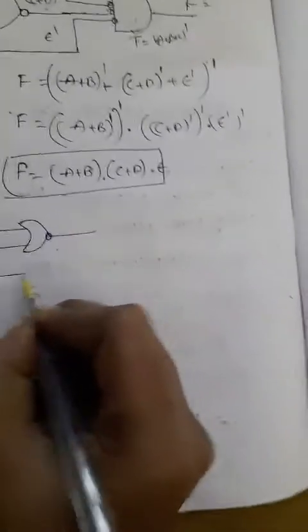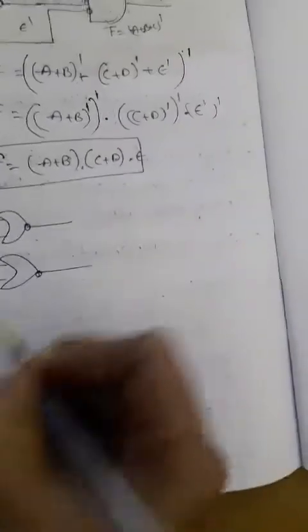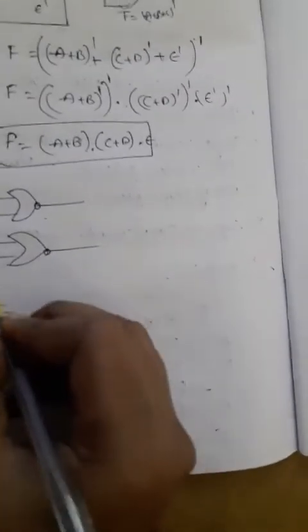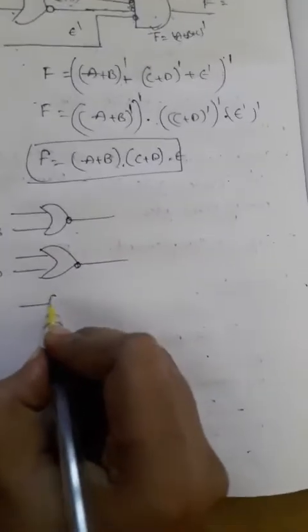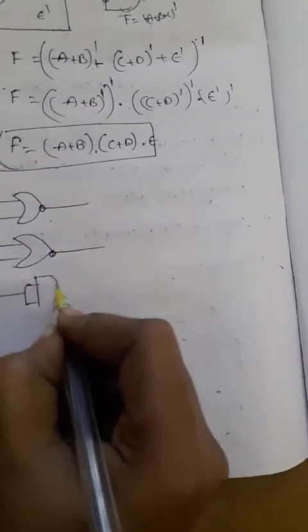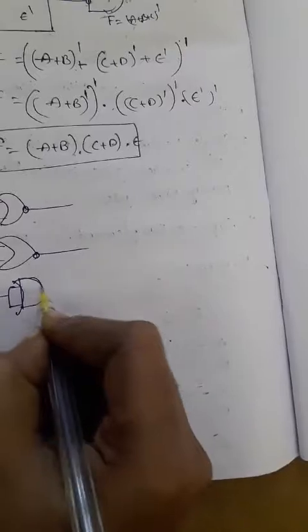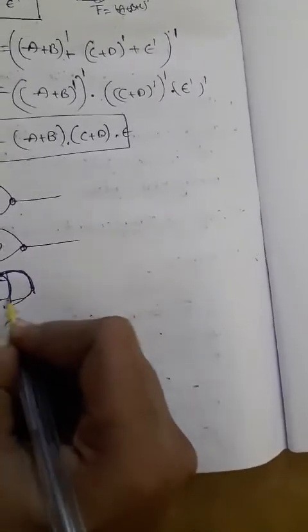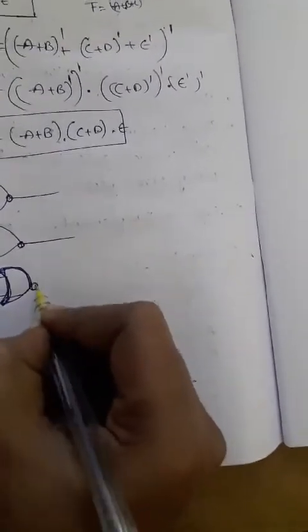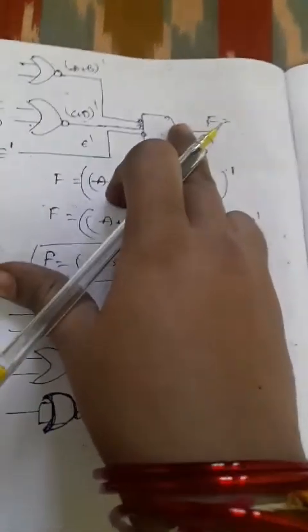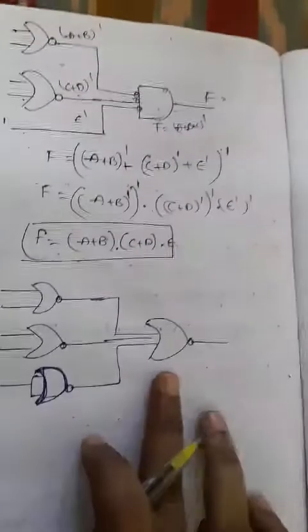So a, b, and this is c, d, and for this e I can take a single-variable NOR gate. You can express it like this. So here we are giving the e input. Then we get the expression; here also I am taking a NOR gate. I can convert the complement directly into a NOR gate, and wherever we have the two graphic symbols of NOR gate, I can convert them into the normal NOR gate.